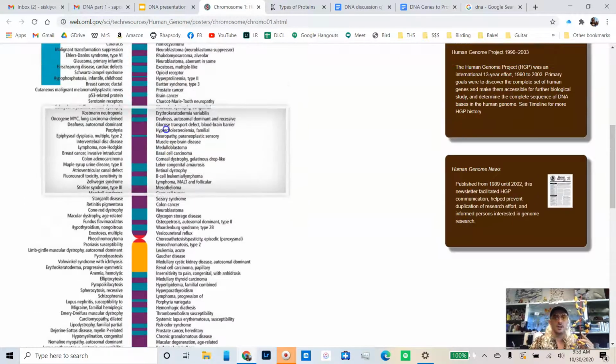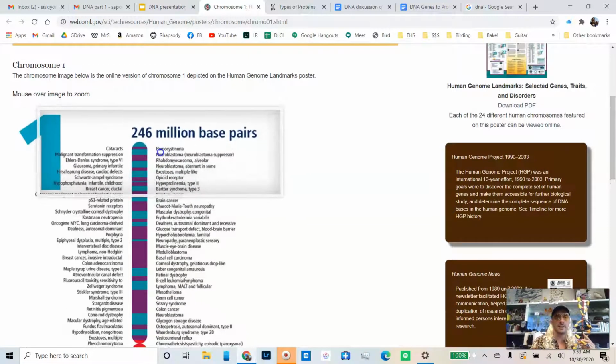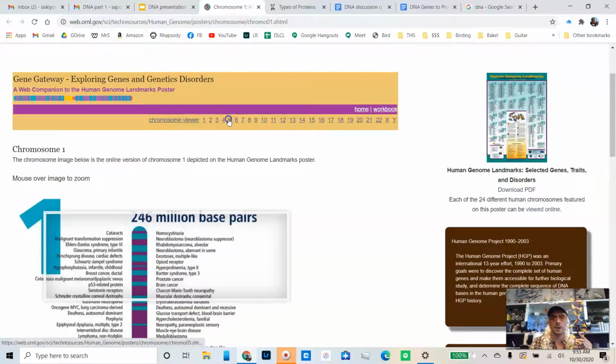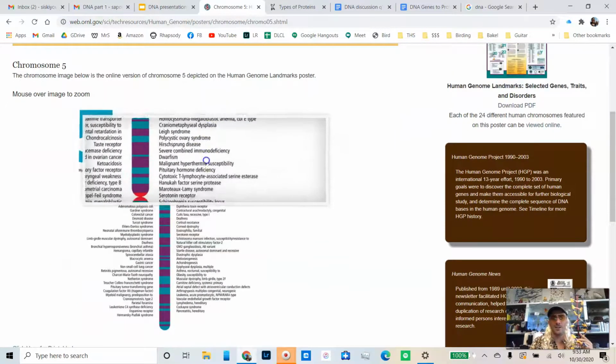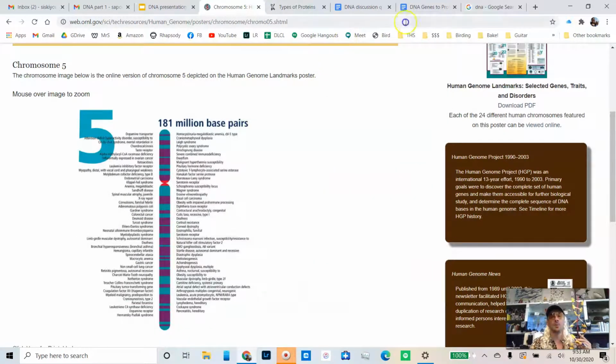And these ones are just ones that have to do with genetic disorders, right? So this one here, cataracts. If there's a mutation or something wrong with that specific section of DNA, that can cause a human to get cataracts. You could go down and just click a link and look at all of the different genes that we have stacked. Pretty cool stuff.